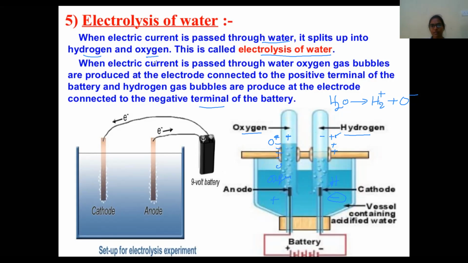What is electrolysis of water? When you pass electricity to the water by using a battery through the two electrodes, electricity is passing to water. So the water is going to split into hydrogen plus and oxygen minus ions. These oxygen minus ions deposit on the positive terminal, hydrogen ions are deposited at the negative terminal. How can we see the deposition? By seeing the bubbles, we can observe them from outside. This is electrolysis of water. I hope this is clear, children.